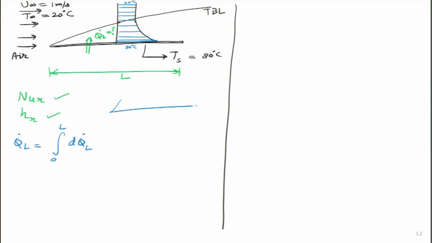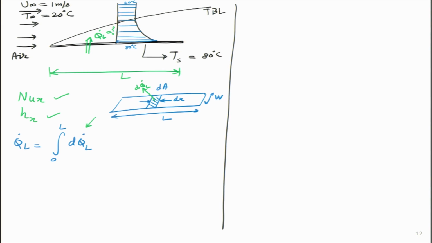What I am going to do is assume, if I draw it in 2 dimensions, the plate, that at this particular point, this particular area I am taking as dA, having the small differential element dx. The width of the plate is W, overall length is L, and this small dQ dot I am taking as how much convective heat is going out from here. In order to find the value for the whole plate, I will just figure it out for a small strip and then integrate it over the whole distance. That is what I am doing mathematically over here.